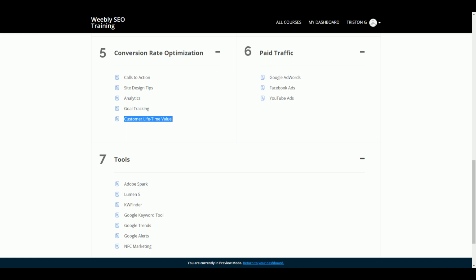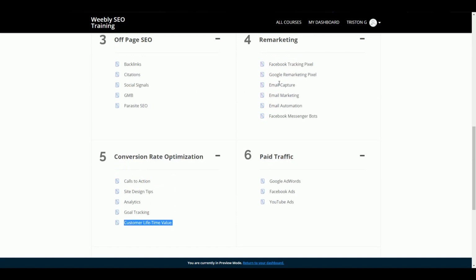This is how much a customer or a client is worth to you over the lifetime of that customer, okay? Basically, this lets us see what our acquisition costs are, and we can adjust our marketing costs so that we're making a profit. So for example, if I have an email list, and that email list has a free offer in it, every time somebody signs up, they go through my automated email system, like we talked about over here,